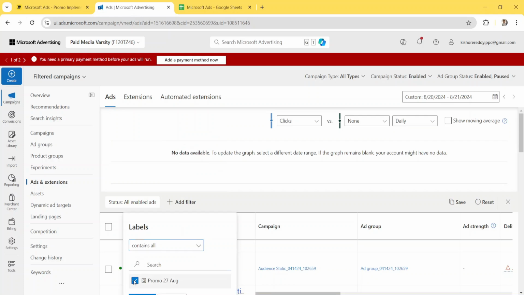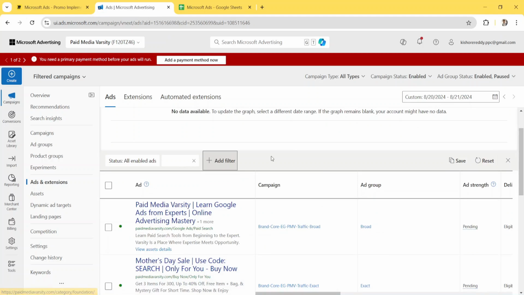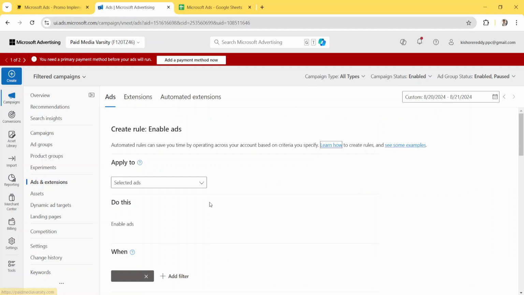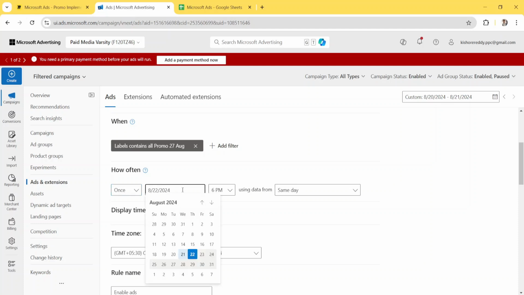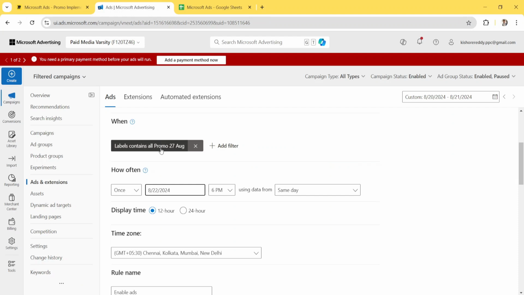So whatever I have discussed in this entire course is my experience, so please pay attention, okay? So select these 4 ads, select the right, you select the enable ads now, right? So only once, and it should be enabled on 9th September, right? Yeah, September 3rd. So 9,